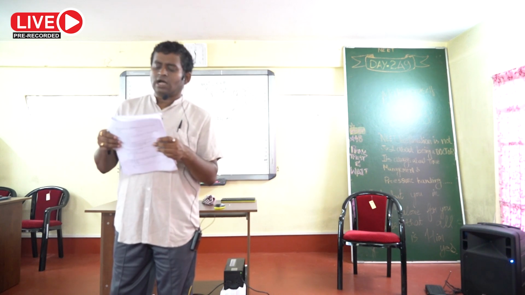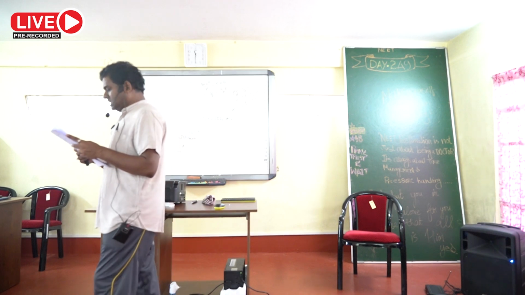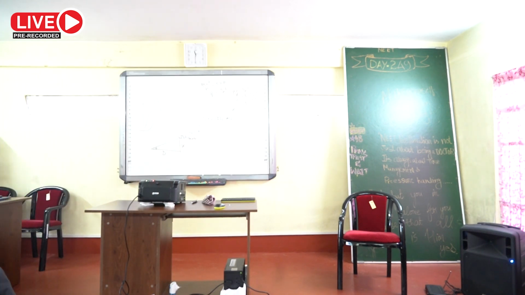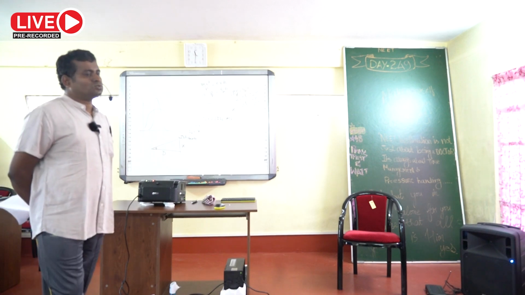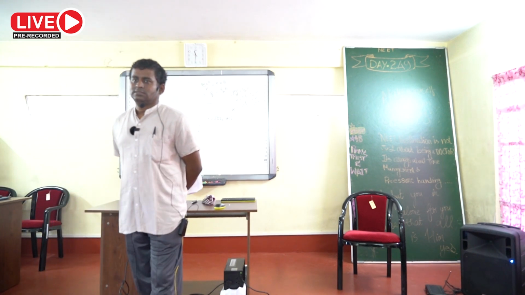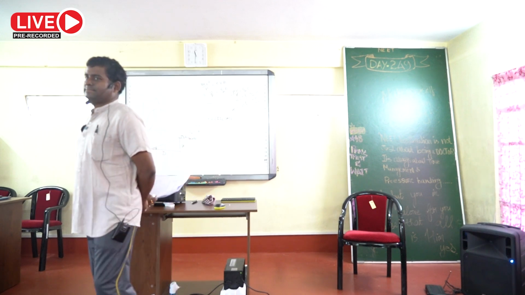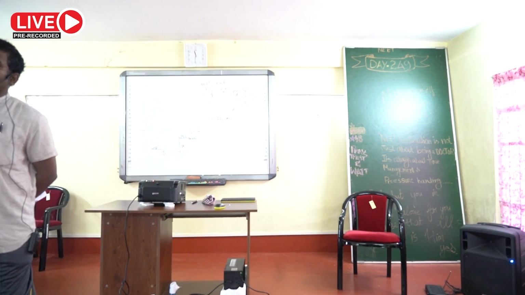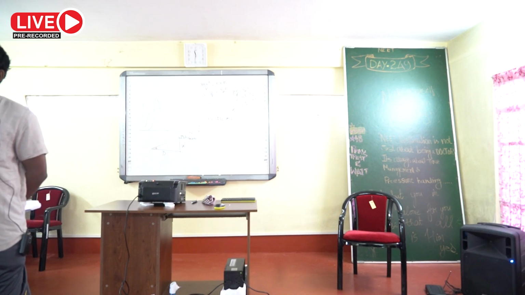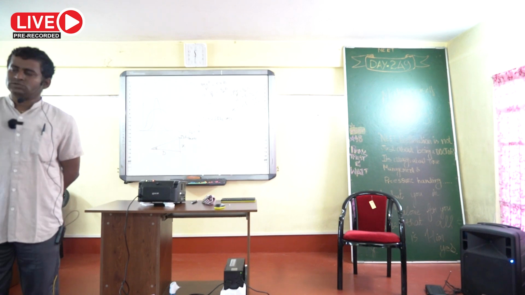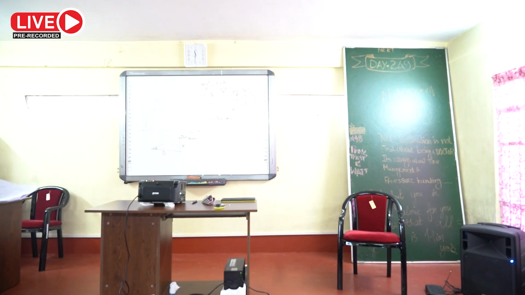42 is there. The half-life of a radioactive substance is 30 minutes. The time taken between 40% decay to 85% decay of some radioactive substance is asked, T half is given. So which one to start? You can start from the basic law, N equal to N0 e to the power minus lambda t, the radioactive decay formula,